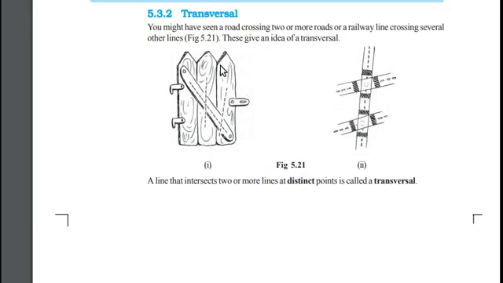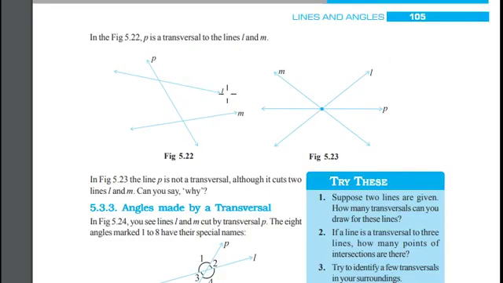You might have seen a road crossing two or more roads, or a railway line crossing several other lines. This is an example of a transversal. Here we can notice there are two lines L and M, and there is a transversal line passing between these two lines at two distinct points,